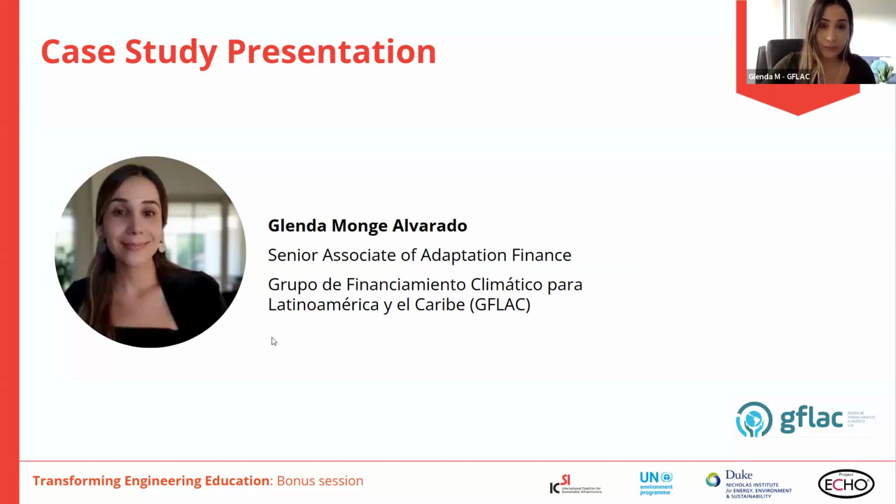And today, I will present how we are working to integrate sustainability into engineering and architecture education in El Salvador. And as said before, this is a part of a broader effort to strengthen sustainable infrastructure capacity in the country. And this case focuses specifically on curriculum reform as a systemic lever for long-term transformation. But we have many challenges and constraints, as Rowan said before. And we can continue with the next slide, please.